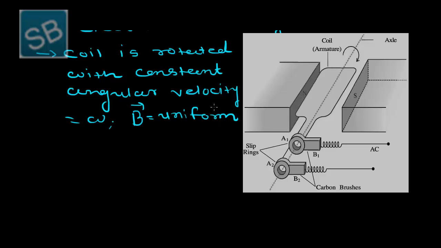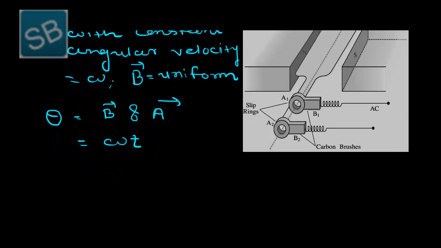Then the angle between the magnetic field vector B and the area vector A at any instant t is given by omega t. Here we are assuming theta is equal to 0 at time t is equal to 0, and with this assumption